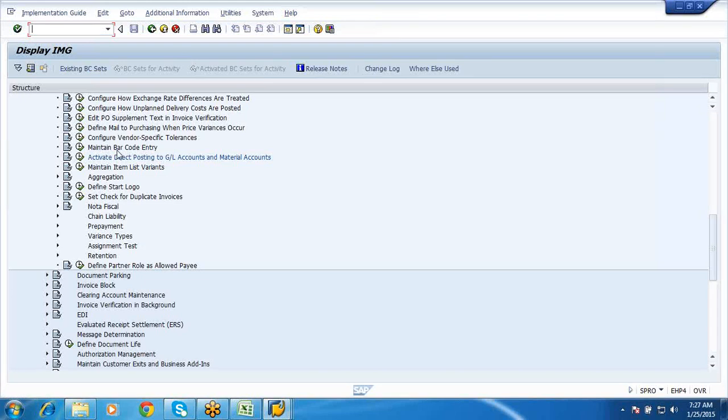Yes, it is not good. You're absolutely right. It is not good. Okay, but you have an option. You have an option wherein you can go and do this direct posting to your general ledger account. Okay, so